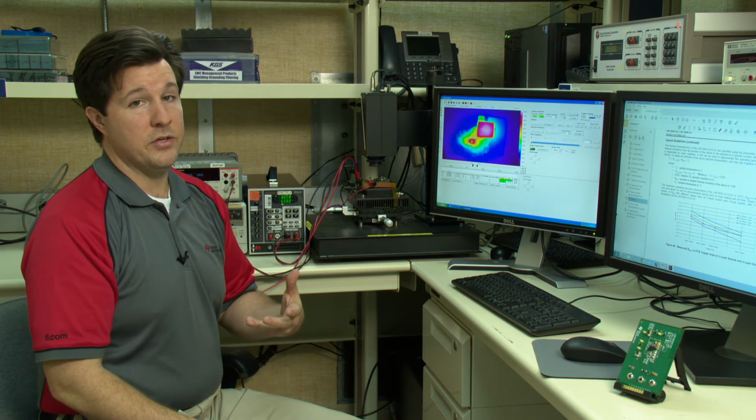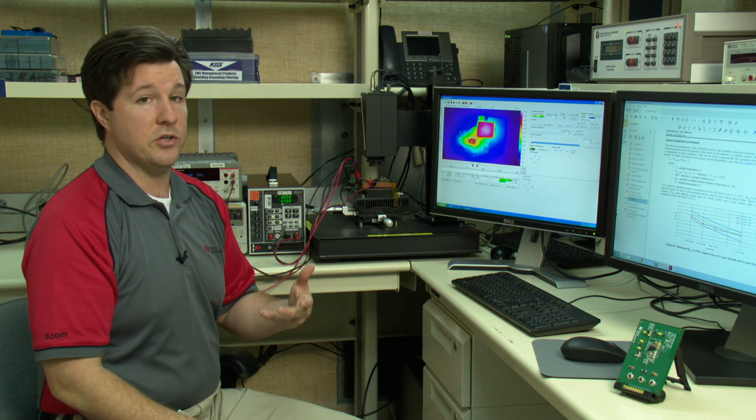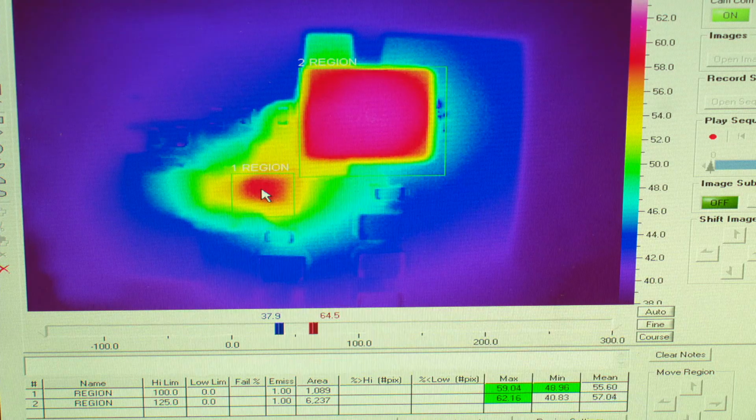And now that you know that the psi JT number is the number to use to calculate your junction temperature, you can see that the case top at 60 degrees C is going to be very close, within half a degree of your junction temperature, so that you know that you're keeping the device temperature down.